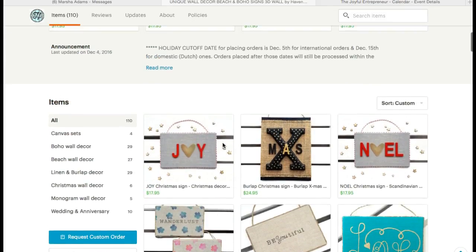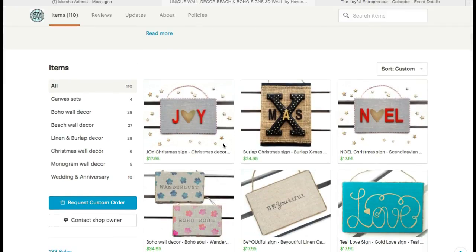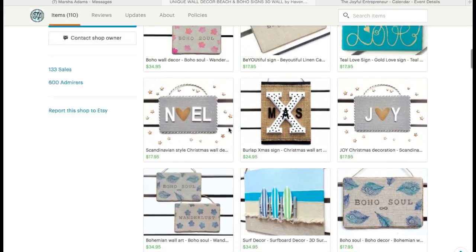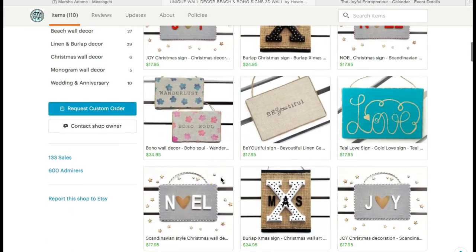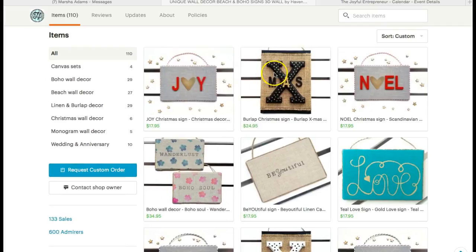All right, we're going to go up here and look at the main part of your shop. I can tell you right off the bat that your pictures are lovely. I mean, it looks like you're really good at taking photos. The only issue that I have, and I don't want to bum you out, is that I don't like the background with the lines. It looks like wood slats perhaps. And I don't know if the background's a mock-up or not, but as you can see, the problem with the lines in the pictures is it creates a bunch of distraction. It creates this busyness. So you want the focus to be on your sign,